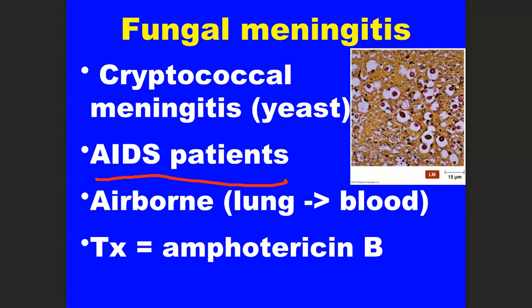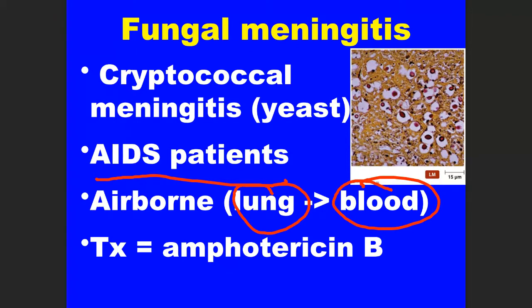I think we might have mentioned it before. A person can inhale this, and it gets into the lungs, and then from the lungs it spreads into the blood, and then the blood carries it to the meninges. People with healthy immune systems don't have any symptoms at all. They can get rid of this, no problem. But in the immunocompromised, it can spread into the brain and cause a very severe